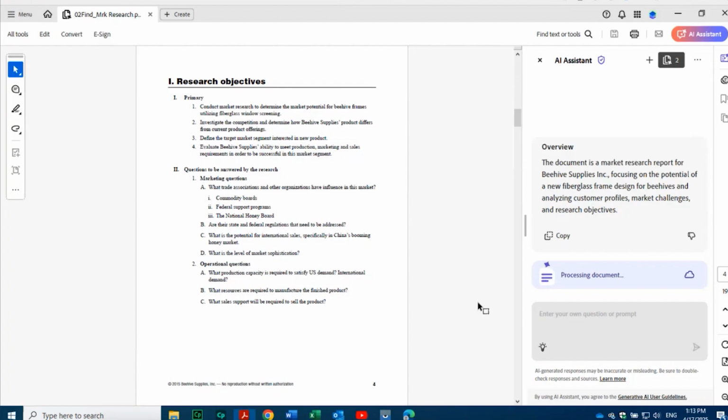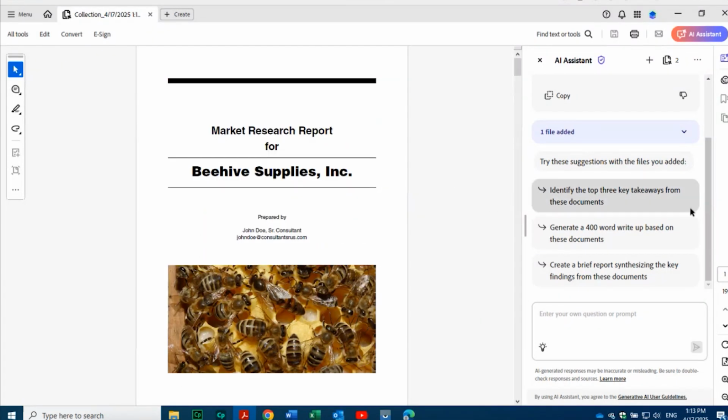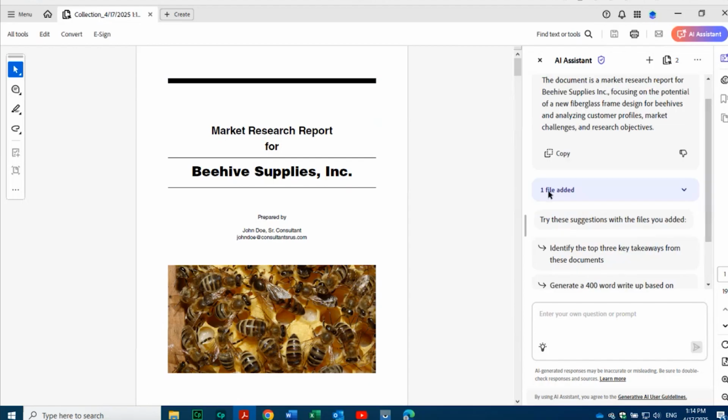It could be product stuff. It could be maybe from your suppliers, you're getting new information and you need to put your own kind of content together, so you can have all of these documents, and then it will ask it across all of those particular documents. Now, as I look at this, it's telling me that there's one document added, and it's giving me